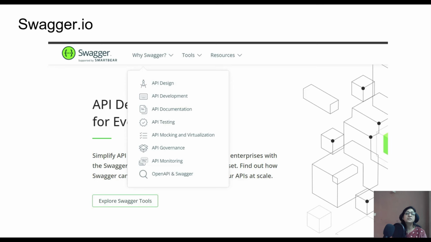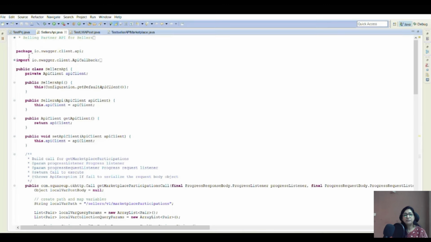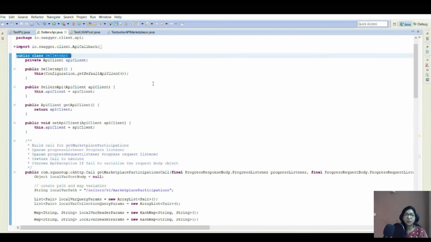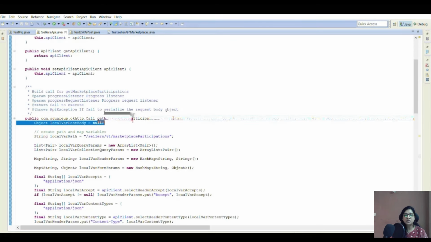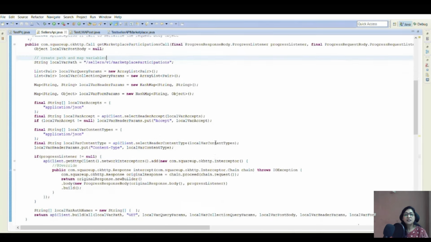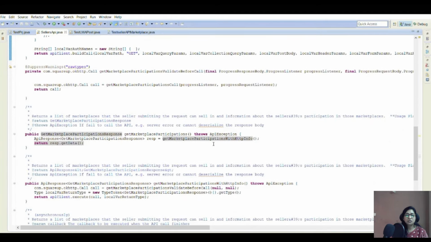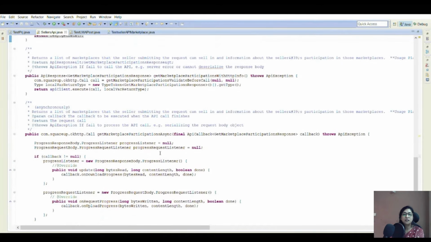That is a very quick implementation if you want to do your technical stuff a little. This is the Java code that I have built in Eclipse. This is the client that has generated the seller API and the method. So I'm just quickly showing you how it looks when it is generated. This is the API that we generated through the Maven build, and you can just see how it